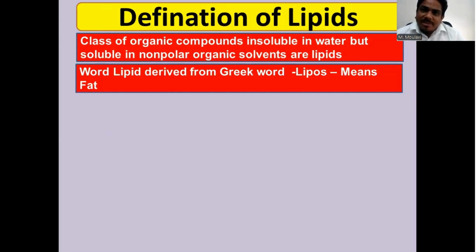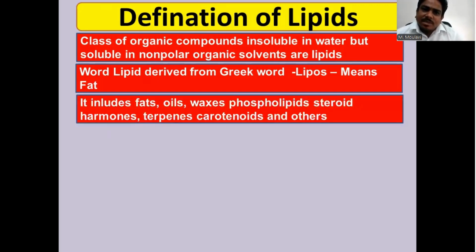The word lipid is derived from the Greek word lipos, meaning fats. The words lipids and fats have the same meaning. These lipids include fats, oils, waxes, phospholipids, steroids, hormones, terpenes, carotenoids, and others. So from this list,